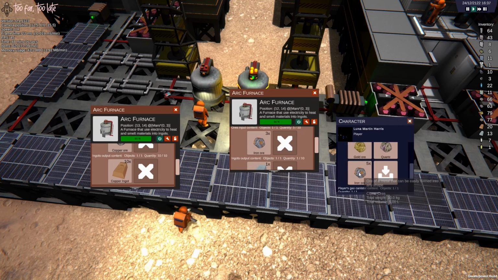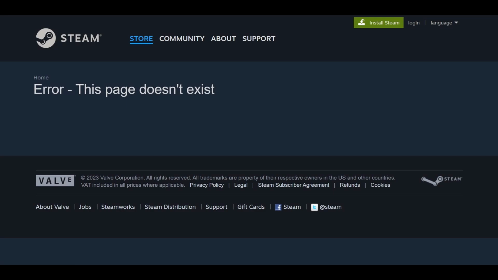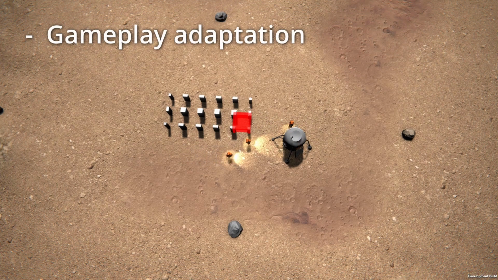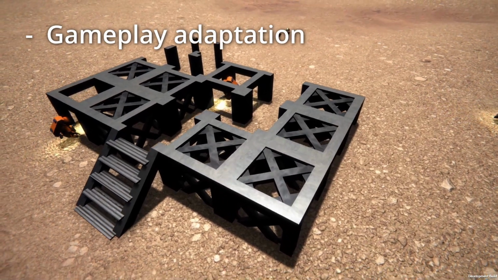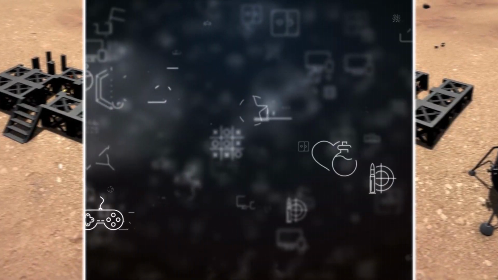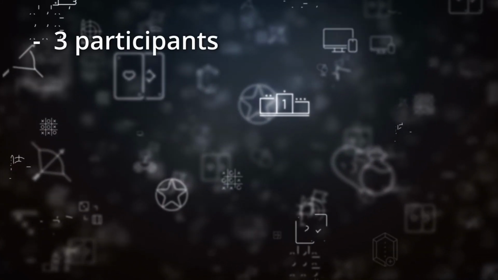Consequently, they may never reach the enjoyable aspects of the game or even rage quit before understanding it. As my game is not prepared for a Steam demo release yet, my playtesting session had a specific goal: observing how quickly the player could learn the gameplay and if their interaction with the game felt intuitive or not. I invited 3 people to participate in this first playtesting session and I want to thank them a lot for their participation.